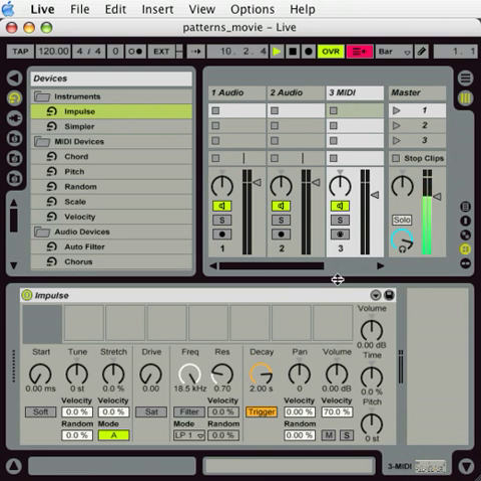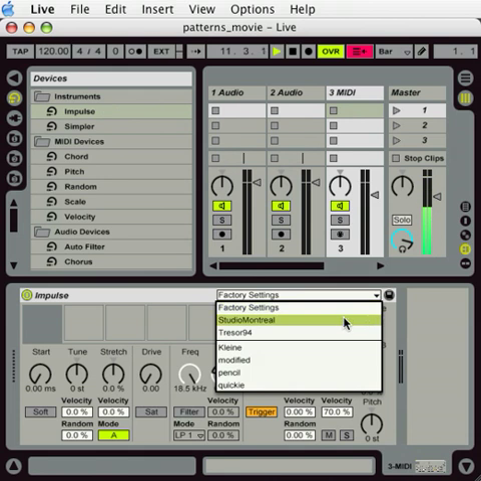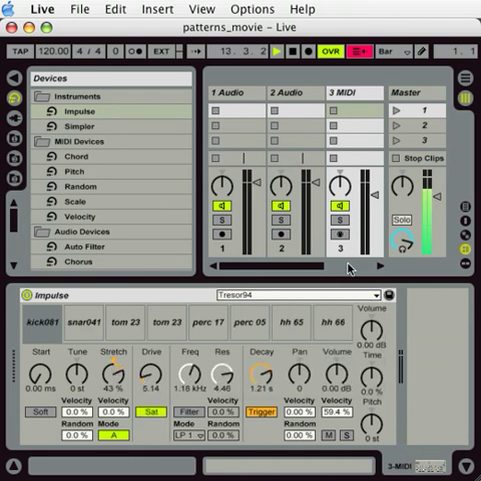Next, select a drum kit from the preset Recall in Impulse. To begin playing drums in Impulse, press the ARM recording button in the mixer on the very same track as Impulse. If you have a MIDI keyboard connected to the computer, notes played in the range of C3 to C4 will now trigger Impulse. As a convenience, Live also lets you play MIDI by using the computer keyboard. The keys in the center row of your keyboard, A, S, D, and so forth, automatically map to drum samples